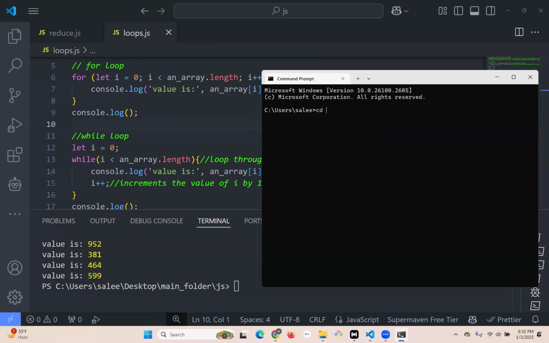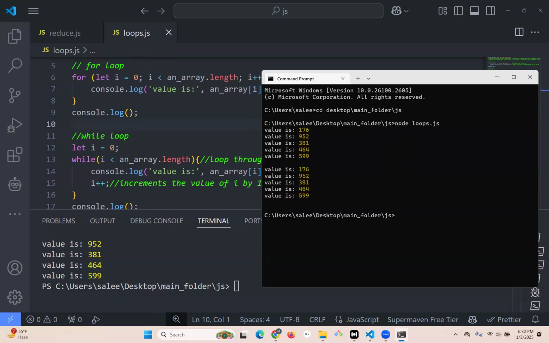So cd to change directory, I'm going to go to desktop, backslash, and then main folder, and backslash, and I'm going to JS. Excuse me. Now I'm in the right folder, and in this directory, I have this file called loops.js. So node